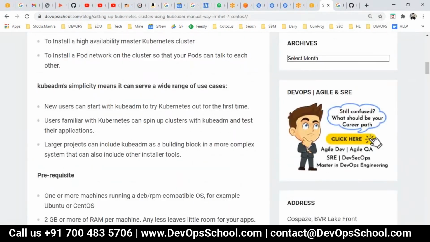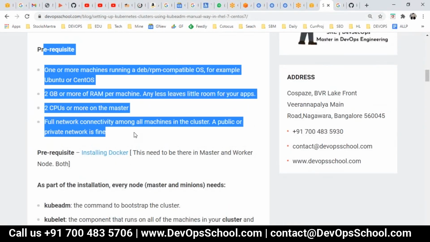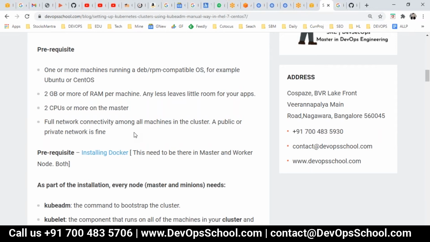After that, you should read some of the prerequisites. Let me tell you, you should always refer to the official documents. Though I have written all these instructions here, it is best to refer to the official documents because so many changes have happened. I do this training, so I keep updating these pages often. But if some other pages are not getting updated, then they will give wrong information.